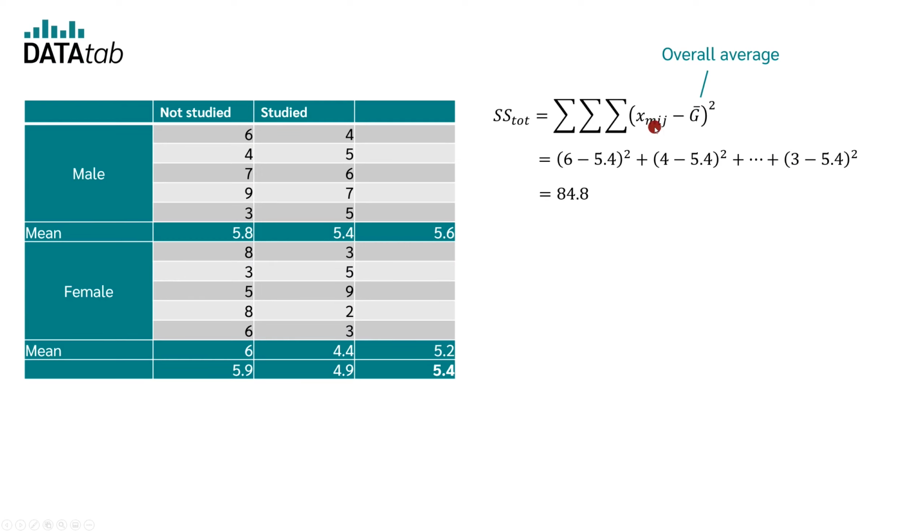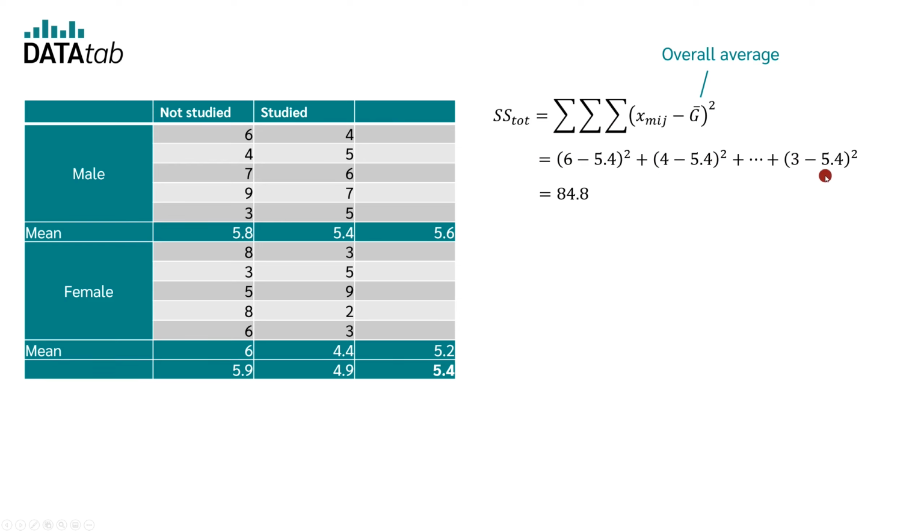For this, we calculate each individual value minus the total mean, square this, and sum up all values. The total mean is 5.4, so we calculate 6 minus 5.4 squared plus 4 minus 5.4 squared, to finally